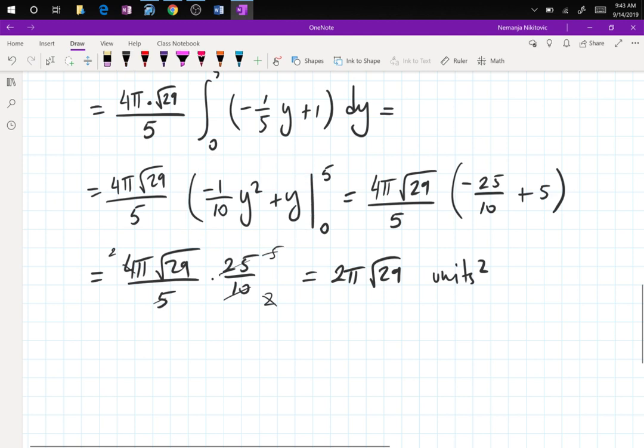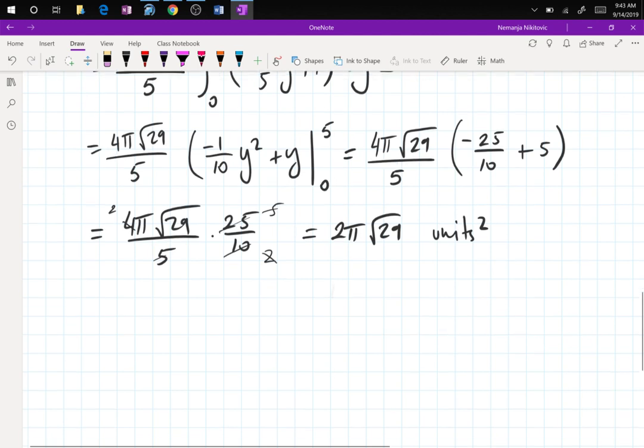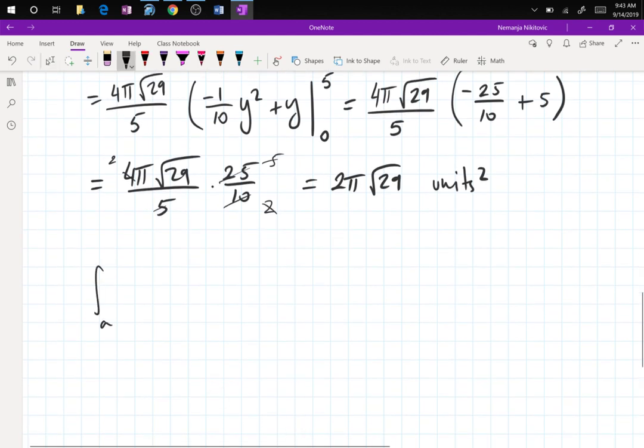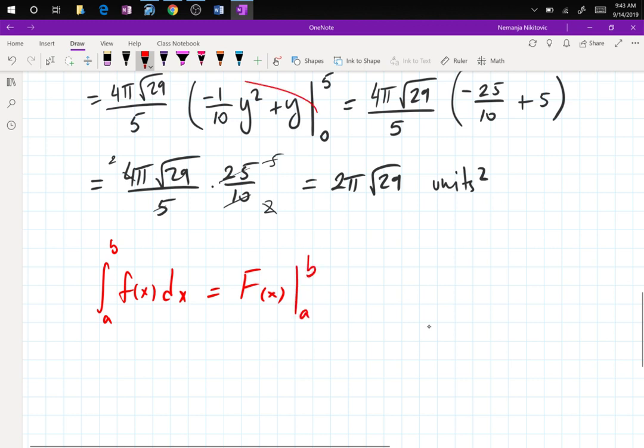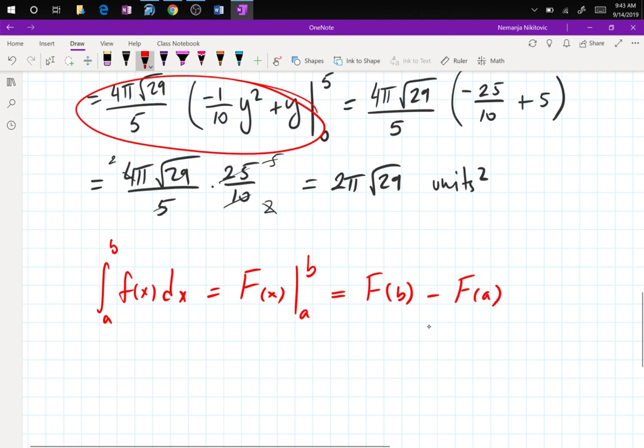Because the formula for computing these limits, integral a to b of f of x dx, is the antiderivative F of x computed from a to b. That is actually equivalent to this step here. And then it will be F of b minus F of a. Now, this over here is just F of b because a was a 0, so I omitted writing minus 0